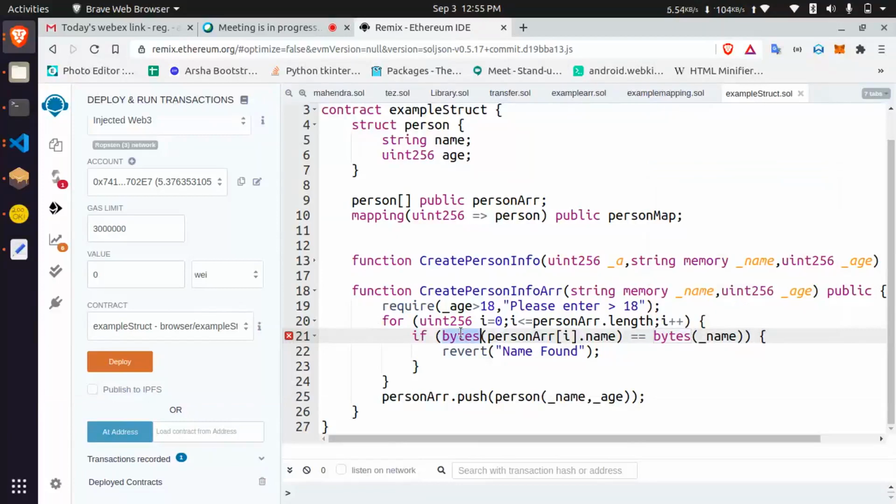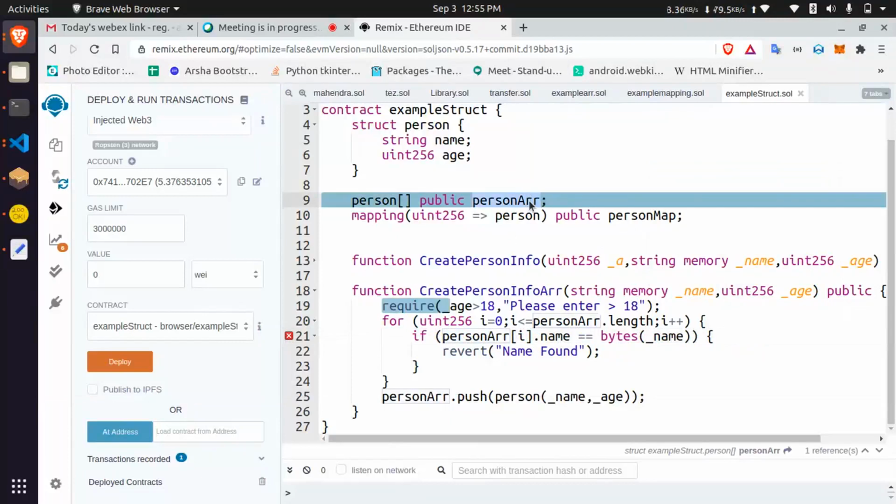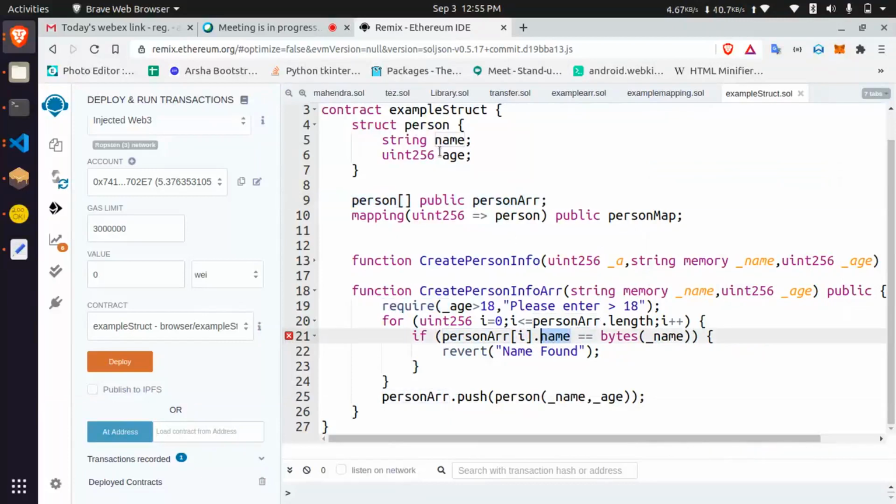It is giving this error. It will give index of that person array. Inside that name is there, name and string. Okay.